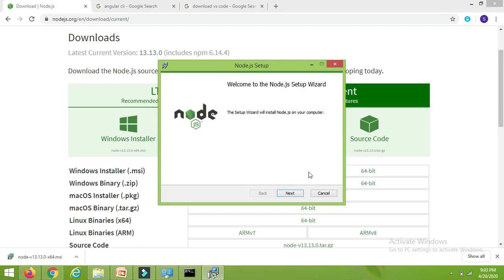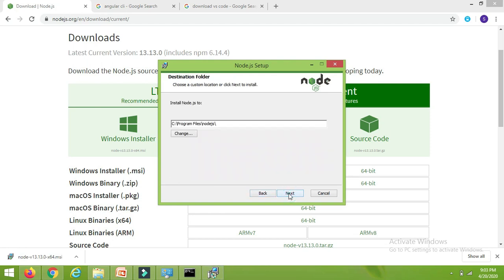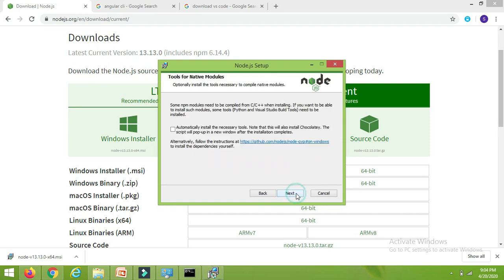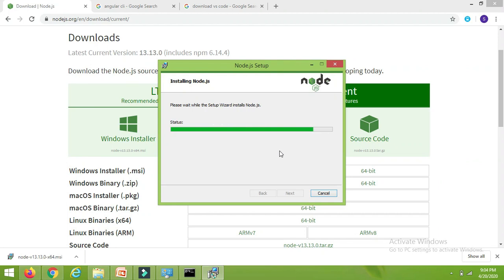Double click on the exe file, then next, then accept the agreement, then next, then give the path for the installation. I will go with the default path, then next, next, next. We just have to click next. Now it will install Node.js for Angular on our system.